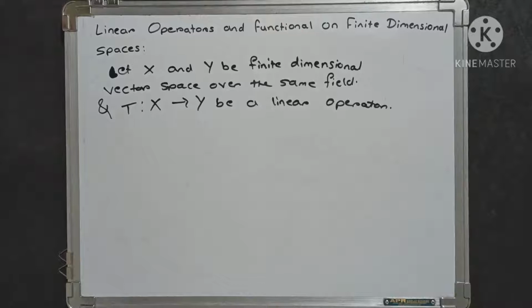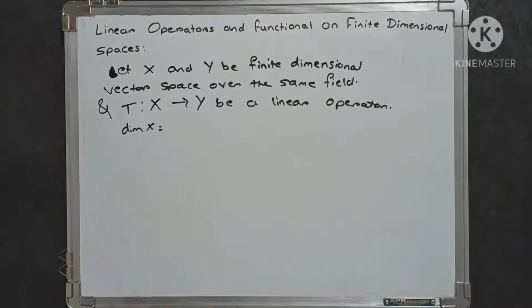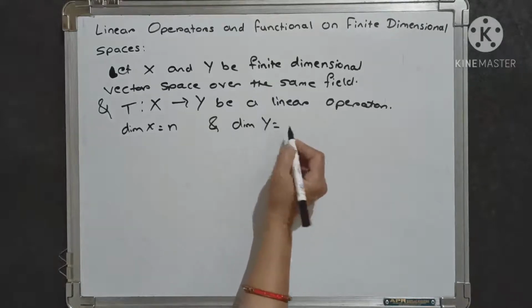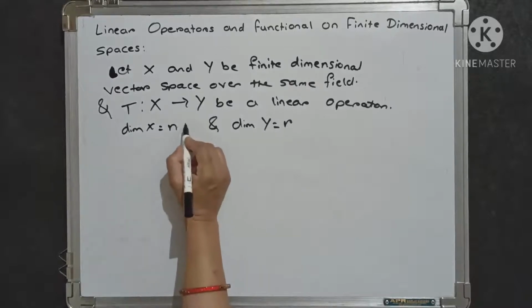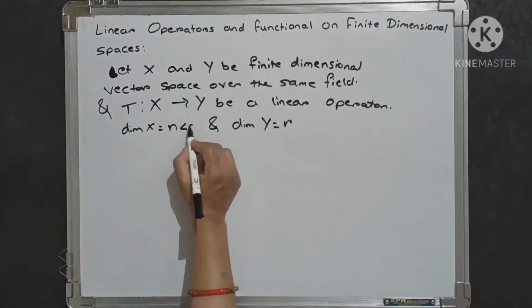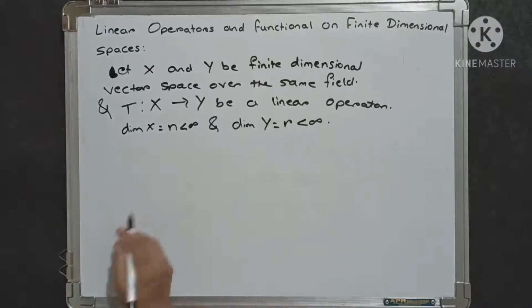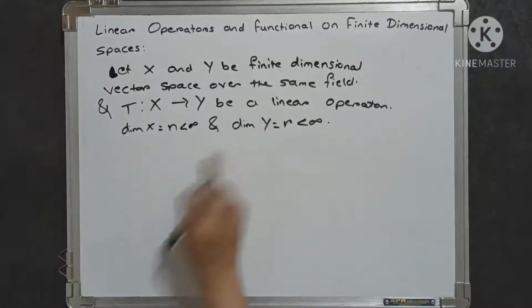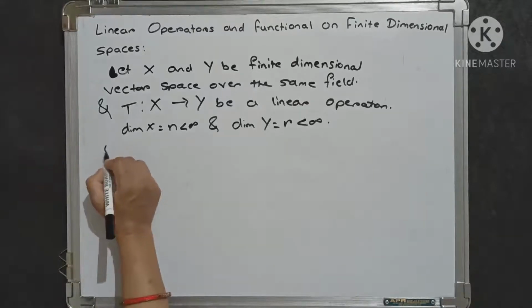As capital X and capital Y are finite dimensional, we consider the dimension of X equal to n, and the dimension of Y equal to r. Capital X is finite dimensional with dimension n, which is less than infinity, and dimension of Y equals r, which is less than infinity. As they are finite dimensional, a basis for capital X and a basis for capital Y exist, and therefore we choose